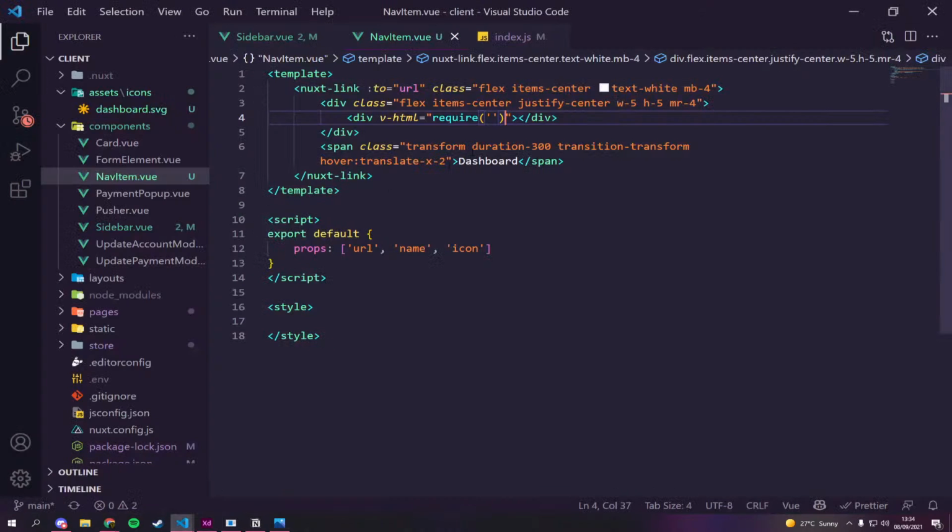Back to code. God, my brain is like a sieve today. Boom, assets. Is that right? Shouldn't there be an at symbol? Can't I use at? Is that how it works in this? I don't know, but this will be icon.svg?raw. Oh wait, assets, and then it'll be icons, icon.svg?raw. There we go. So that should hopefully display the icon right.